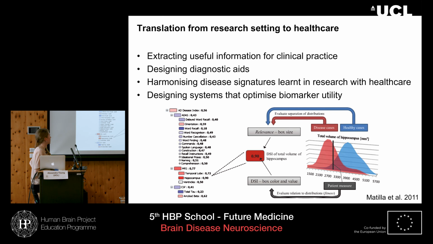And then the final thing that I think is actually really interesting is designing systems that optimize biomarker utility. So currently disease progression models just take a set of biomarkers and look at the trends in that set of biomarkers, but you can actually imagine a system where you could say, depending on the cost of a particular biomarker, you could go through and get your model to optimize what is the best set of biomarkers that I could take for the least money that would help me identify, say, a particular stage of the disease. And I think that's quite an interesting problem